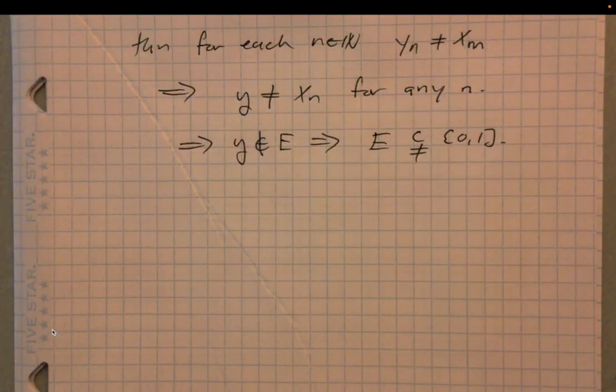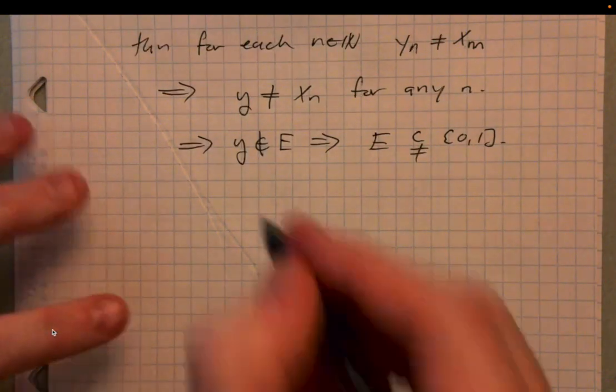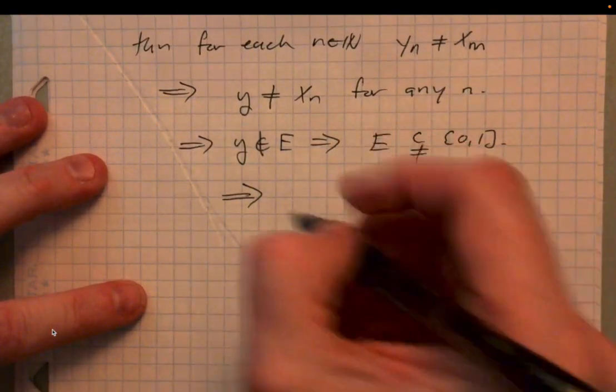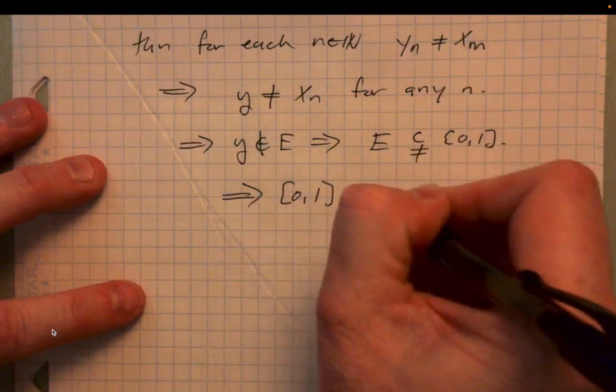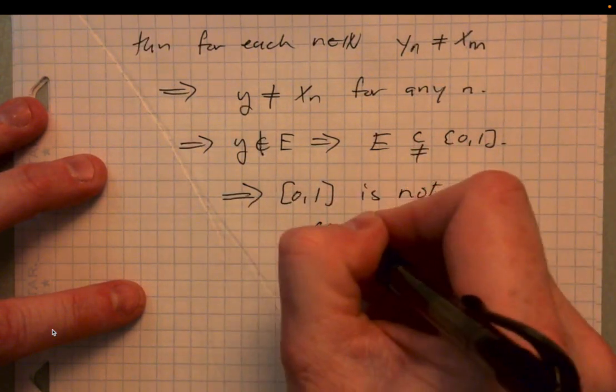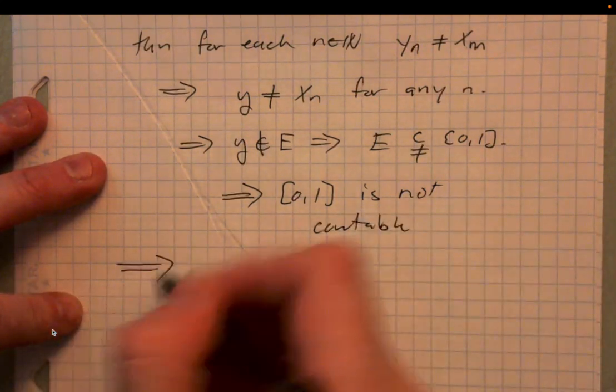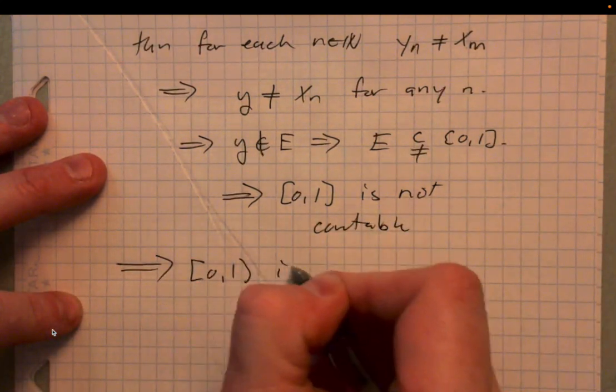Now, this is certainly going to be true for any countable subset of (0, 1). E was just a generic example of a countable subset. Any countable subset will have this exact same property. Namely, we will be able to enumerate all of the elements of the countable subset, and we can always find some element in the interval 0 to 1 that is not on our list. Right? So the implication ultimately is that (0, 1) is not countable, and therefore (0, 1) is uncountable,